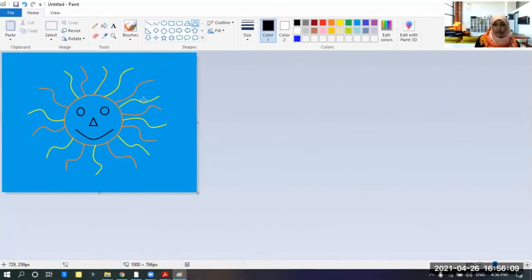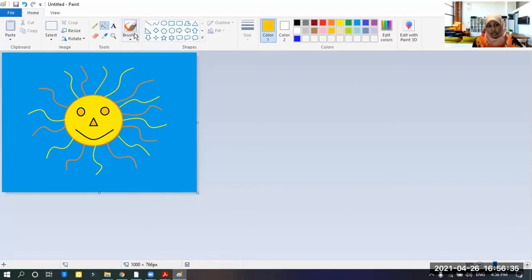So now color the sun. Take the bucket, select the color. We will select this one. This is the sun. Give colors to the eyes and the noses also. Bright colors. See? Okay. If you want, you can give them a blush here in the cheeks.